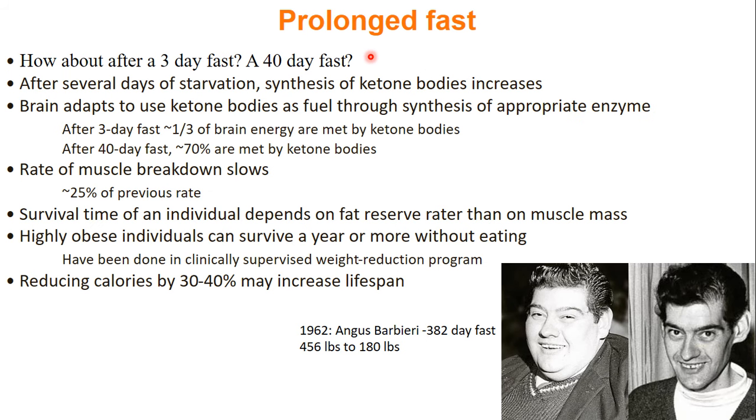And continuing on in question 1, how does it change after a 3-day fast or a 40-day fast? So what happens after a 3-day fast? Your glycogen in your liver is more or less completely gone. It's very low. So you are running low on glucose, and you're going to start upping ketone bodies from your fatty acids. So you're going to increase the amount of ketone bodies, and your brain's going to start adapting to that. In 40 days, 70% of your brain's energy is coming from the ketone bodies from your fat.